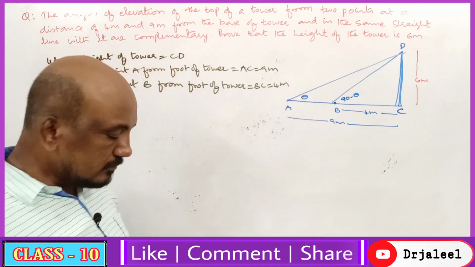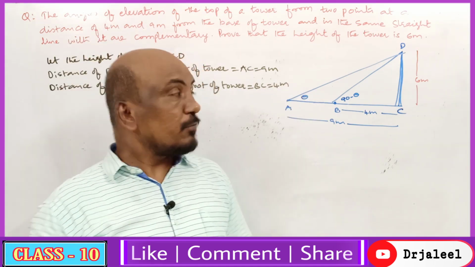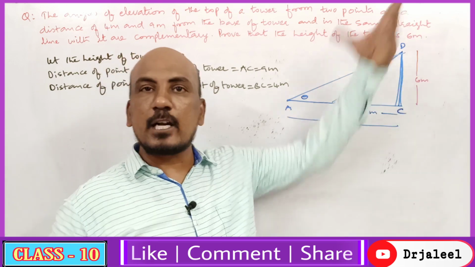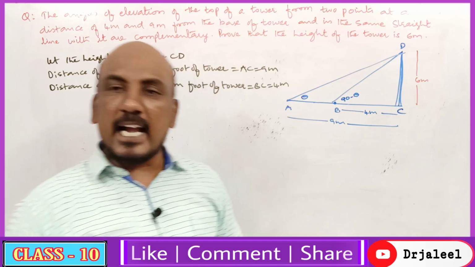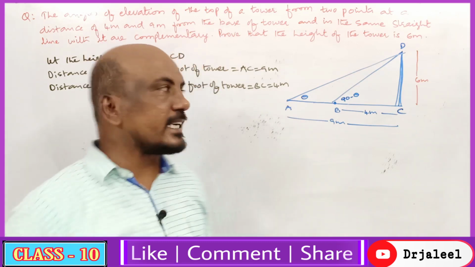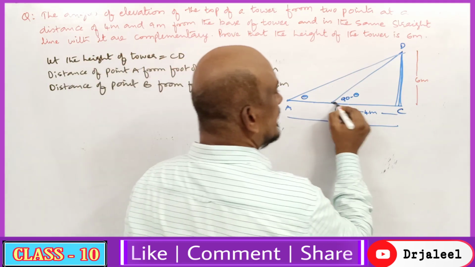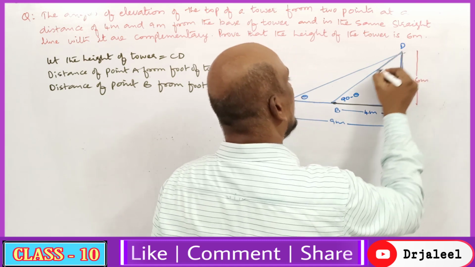4 meters. So now what do we need to find? Let us find it first, then automatically it will come 6 and that will be the proof. This you have to find. As usual in trigonometry, we'll target right angle triangles. So now let me take this triangle. What is this triangle?